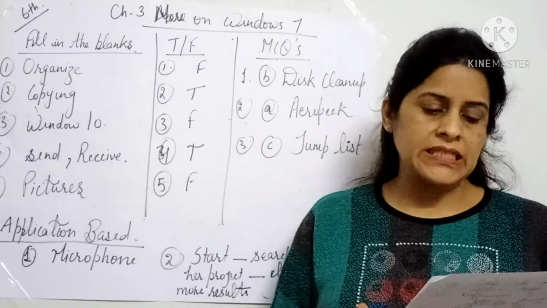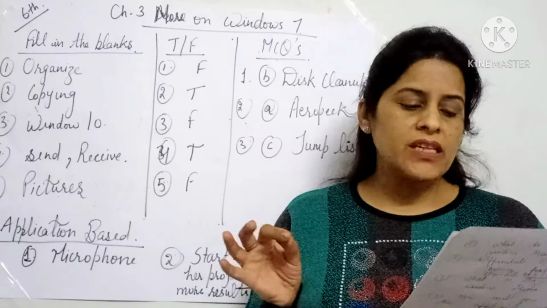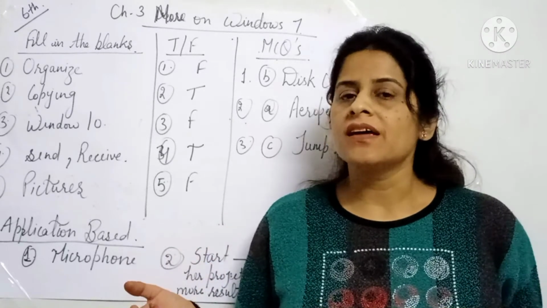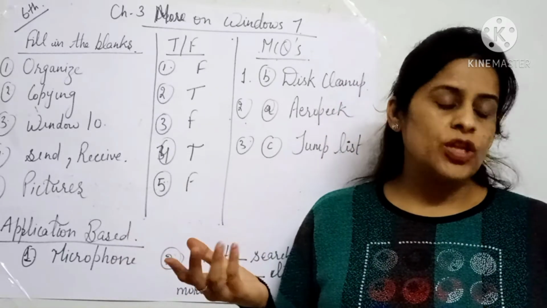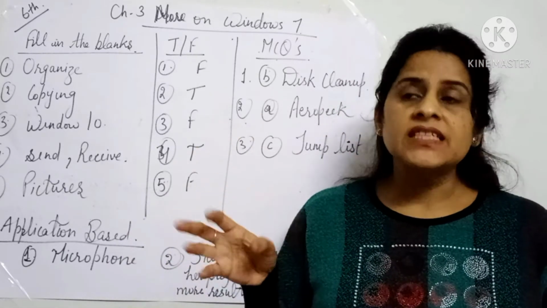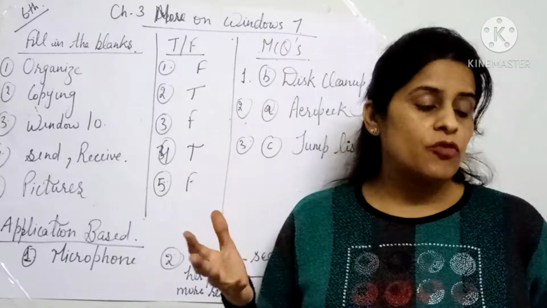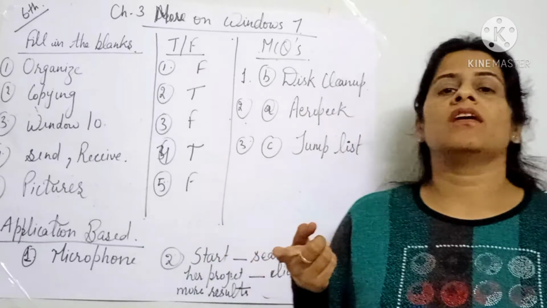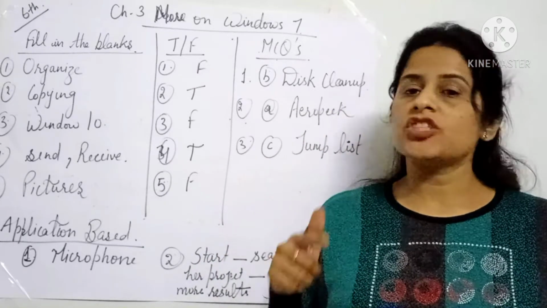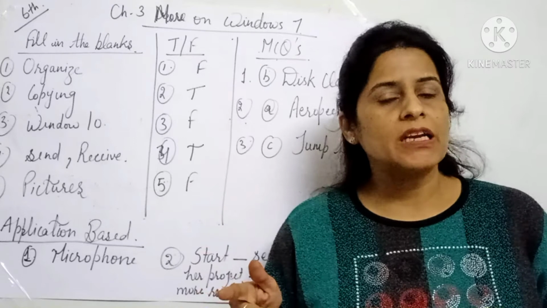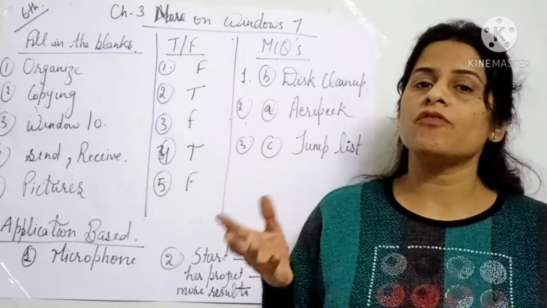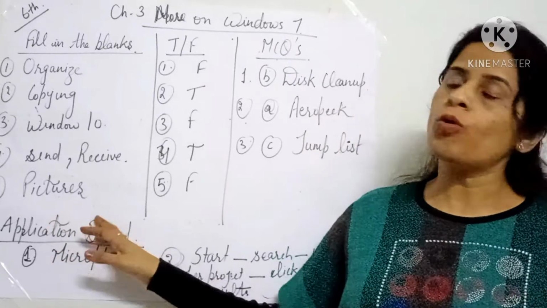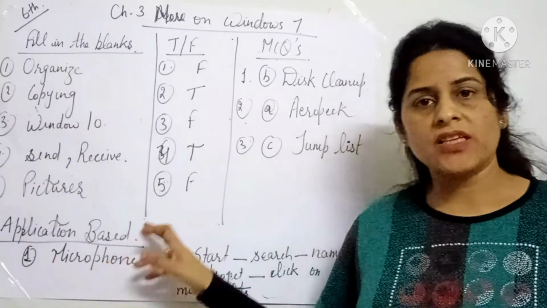The fifth is: in dash folder you can store digital photos, image and graphic files. In which folder can you save your photos, images, and graphic files? We have read about this feature in our theory part and also in our practical part, where you can save your images and photos. We can save our images and photos in the Pictures folder. So these are the fill in the blanks of this chapter.